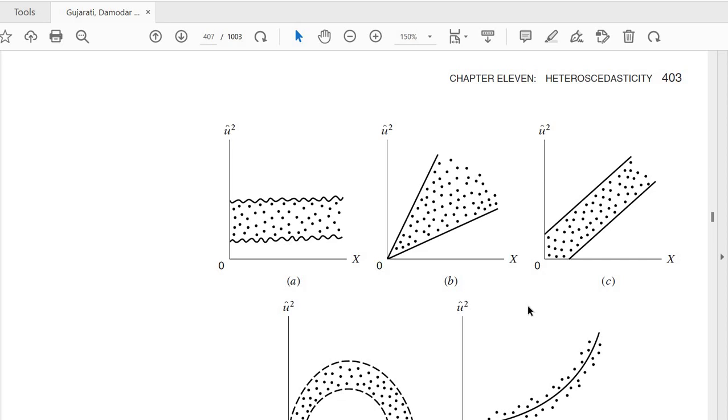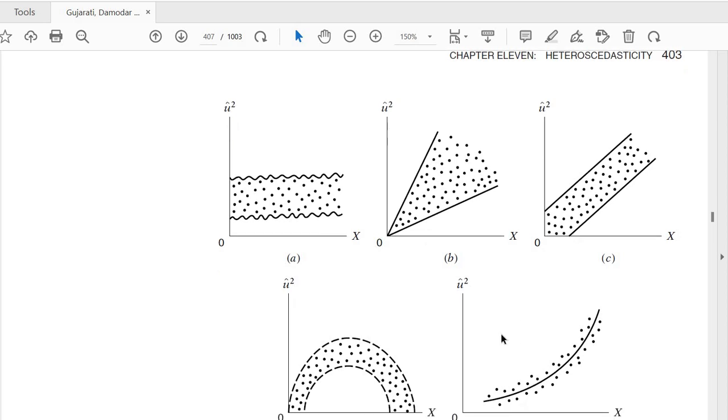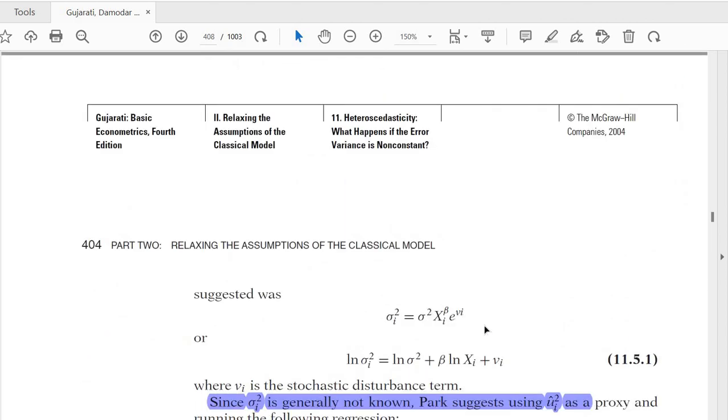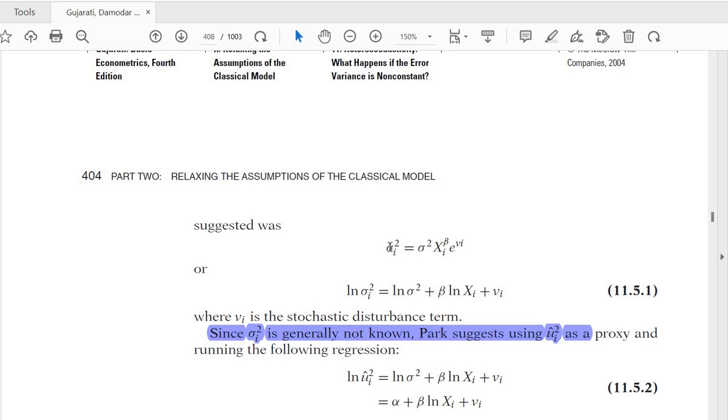तो अब आपने informally नहीं किया कि आपने सिर्फ एक ग्राफ देखा और जवाब दे दिया, आपने formal test of significance apply करके इसको identify किया है कि whether the model has heteroscedasticity or not. तो वो है जी Park test. तो Park test क्या कहता है, Park कहता है भाई जो आपका sigma squared है ना, जिसमें कि heteroscedasticity exist करती है, वो X के साथ vary करता है। तो ये functional form है जिसमें ये vary करता है, sigma squared is equal to sigma squared यानी constant variance into X_i^beta e^v। अच्छा, इसको उसने लॉग से linearize कर लिया, दोनों तरफ log ले ले तो ये आपकी equation आ जाएगी। ठीक है जी, अब आप देखो कि ये जो equation है ये linear in parameters है ना, beta constant है, तो इसको